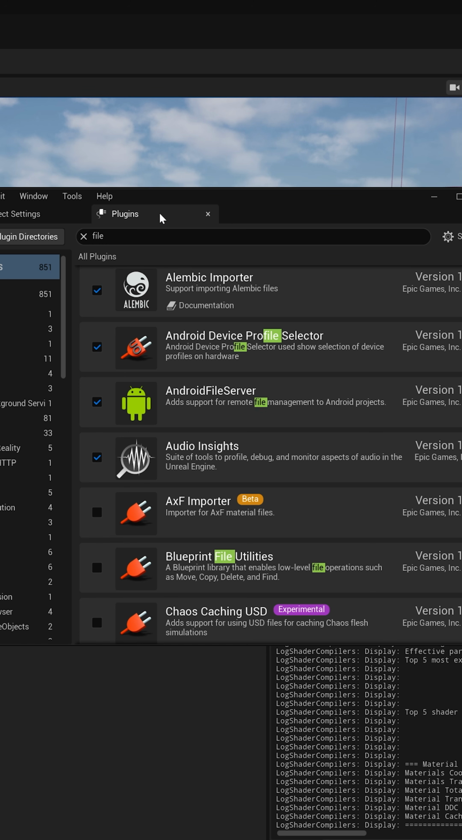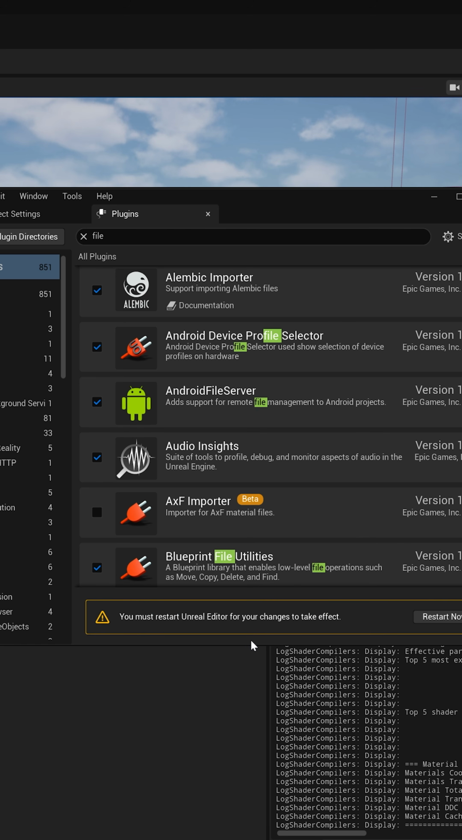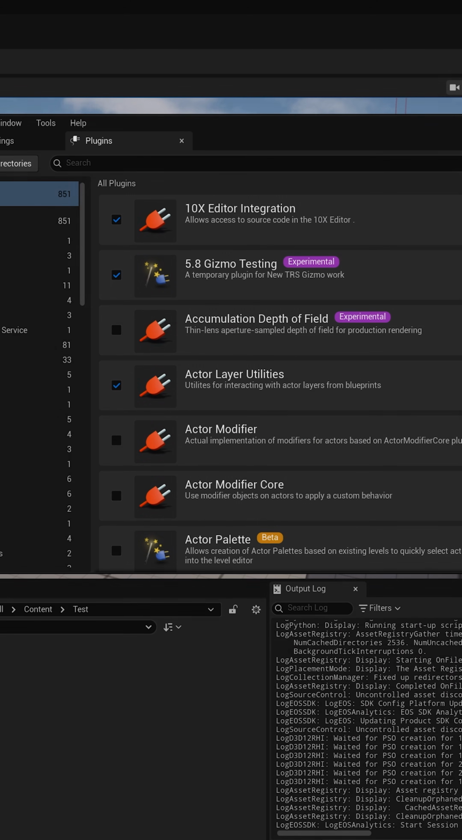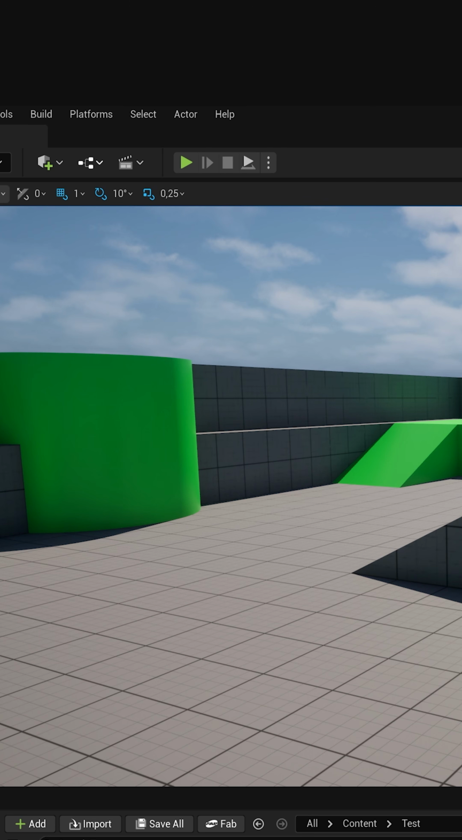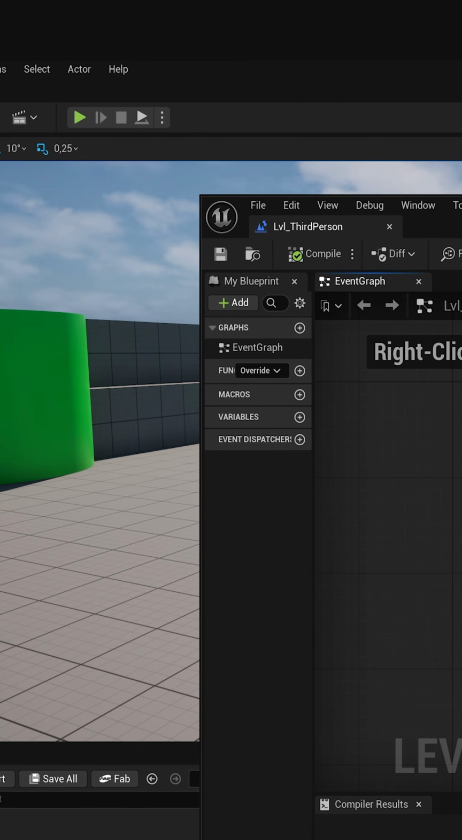So if I go to the plugins folder, I can enable something called the Blueprint File Utilities. And this is a blueprint library that enables low-level file operations. So I can move, copy, delete, and find different files. So I'm going to check this and then restart. What this does now is to give me access to new blueprint nodes that I can use to do file